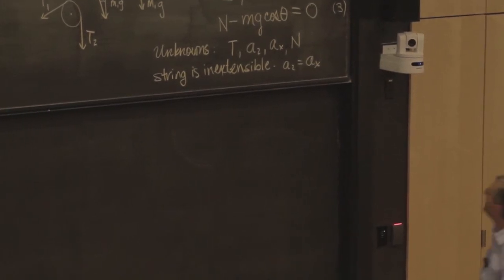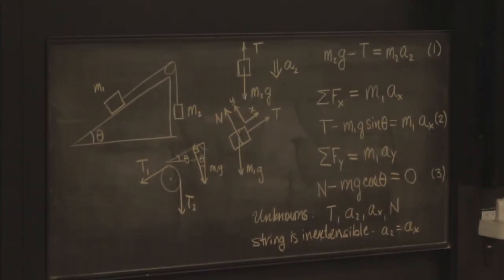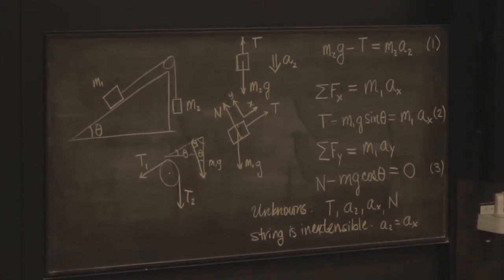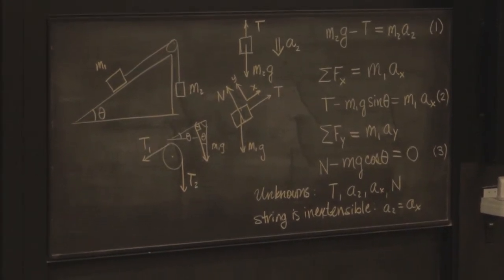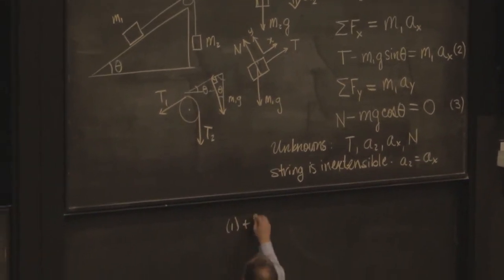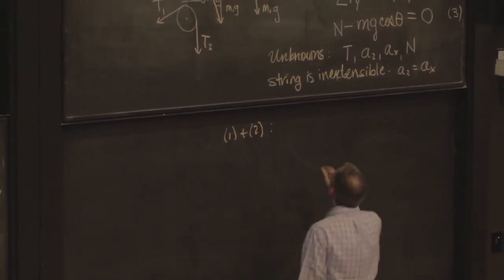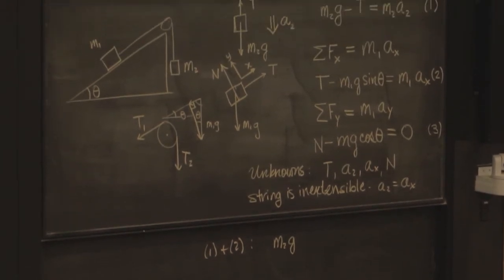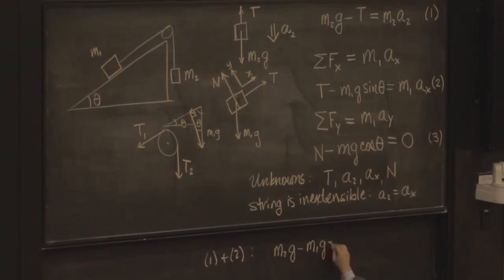Okay, so I now have basically to use equations 1 and 2. And I see something nice. I see on the top equation a negative T, and I see a positive T in the second equation. So if I were to add those two equations together, T would disappear. So I'm going to add 1 and 2. And when I do that, I get M2g, the T's go out, minus M1 g sine theta